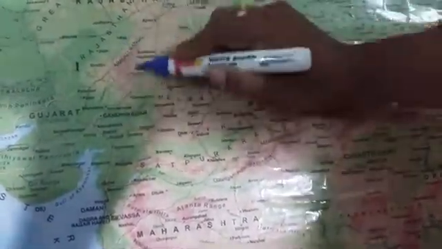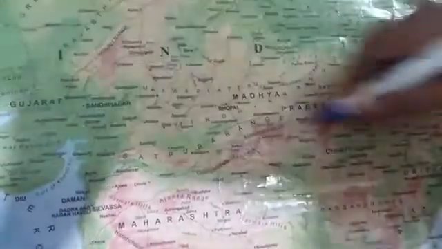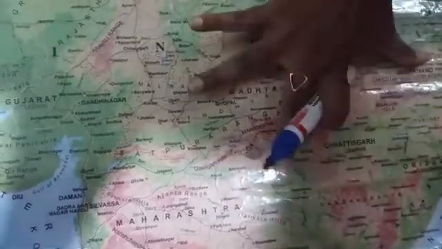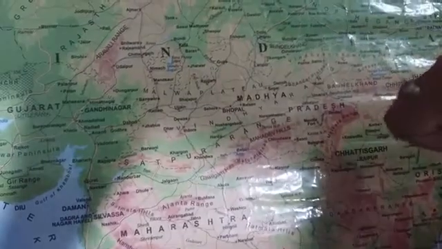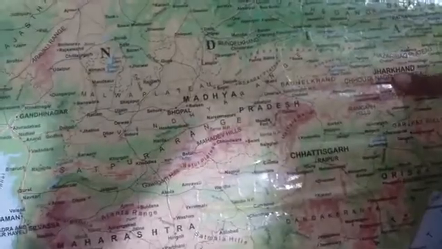See, box model. Don't include the Aravalli ranges in this. After the Aravalli ranges only you have to draw the box. Okay. See, the Malwa Plateau and the Chota Nagpur, these two plateaus come under the central highlands and are one part of the plateau. Are you able to understand? Okay. So now we have finished the central part of the plateau.